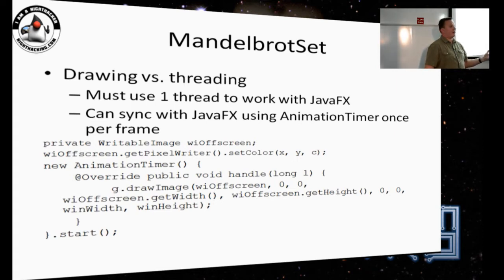And you should either synchronize all of them, and actually not just synchronize, but send the tasks to the main thread, which will kill all the parallelism. Or you should do a different trick like this one. So what happens here is that with this writable image, which is just an array of integer values, you can just set colors independently for different pixels.